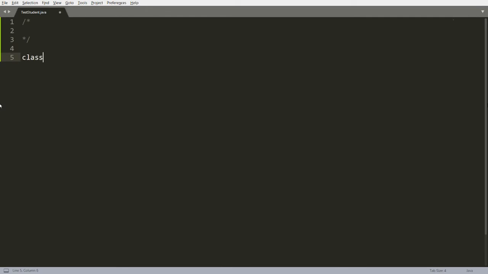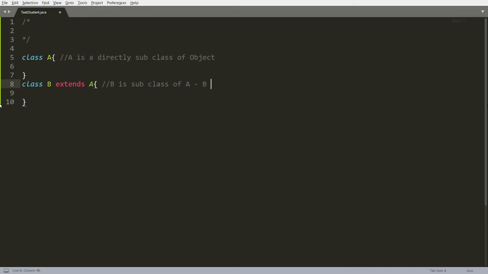For example, if you write class A and class B, and class B is extending A, then you can say B is a subclass of A, and A is a superclass of B. Now here A is a direct subclass of the Object class. So the Object class is the superclass of every class. This B class is also a child of the Object class.